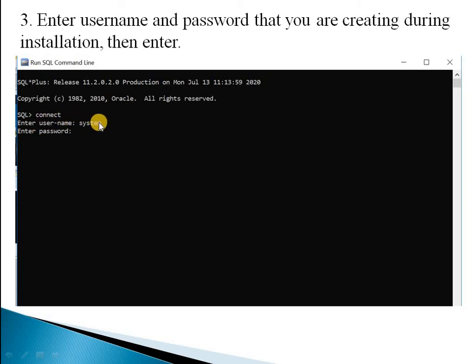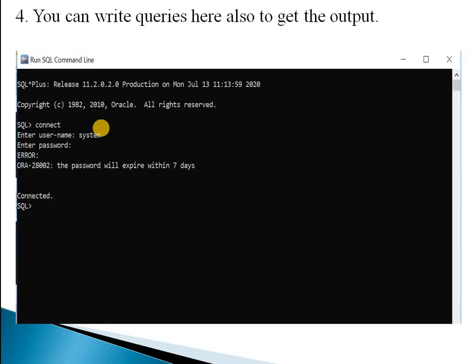Enter the username, that is system, and enter the password that you created during the installation, and then press enter. After pressing enter, it displays one message that is connected. Now you can write the queries here and also get the output.